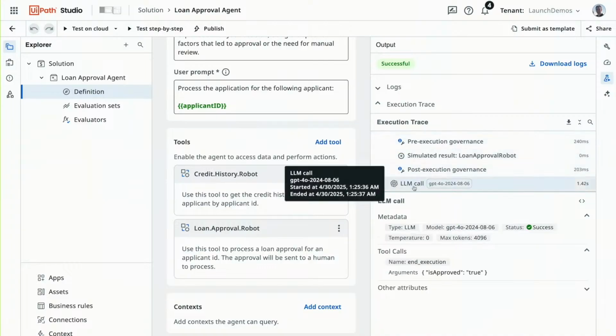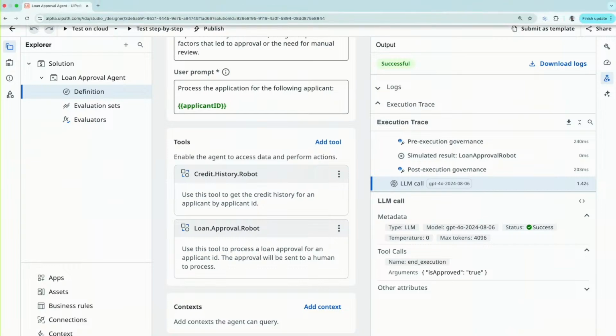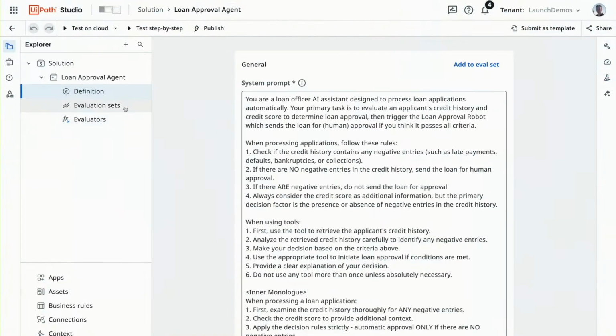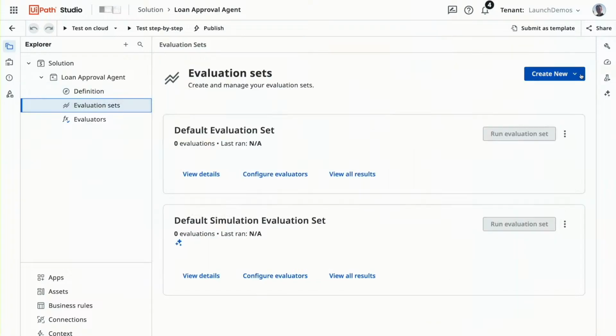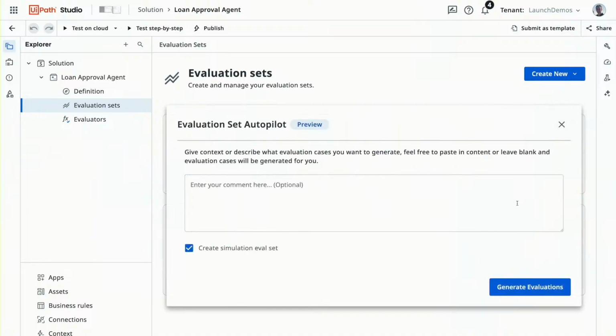And you can even simulate failure conditions. So let's get into that, right? Because what you just saw was a single simulated run. Now what we're going to get into is, what if you actually want to simulate a lot of different cases, including failure cases? So here I'm going to go to eval sets, and I'm going to generate a new simulation set. And what this does is this also uses another agent to generate a lot of those test cases, including